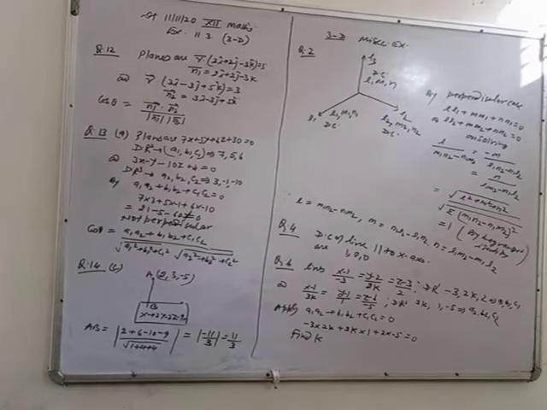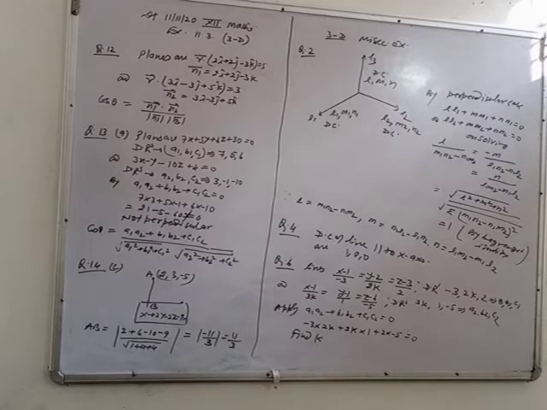12th math students, let's see some more problems from exercise 11.3. The topic is planes. In question number 12, two planes are given. r dot (2i + 2j - 3k) = 5, so the normal of this plane is n1 vector 2i + 2j - 3k, and the second plane is r dot (3i - 3j + 5k) = 3. Its normal is n2. Now find the angle between both planes.